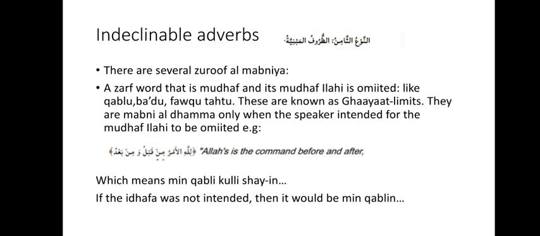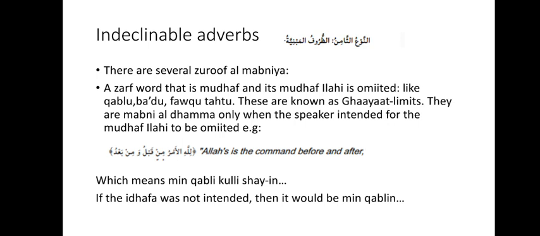And then after that, that's the end of the kinayat. Then we have indeclinable adverbs, al-dhuruf al-mabniya, and this is the 8th type of mabni words, so the last type, but there's actually quite a lot of these words. They're just a load of words which are about time and place. So a zarf word is, and then not every word which is about time and place is mabni. Like we've seen the word yawm, which means day, that's not mabni. Or the word shahr, like month, it's not mabni.